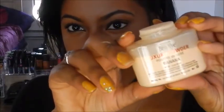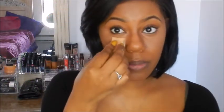So I'm going to be using my Luxury Benai translucent powder. I just put some on here and just start placing it right everywhere that you placed your liquid highlight. And besides just using the translucent powder by Benign, I know they're pretty pricey,